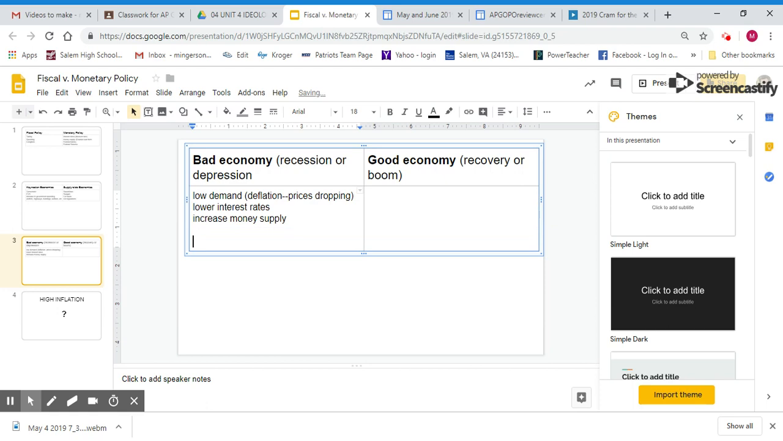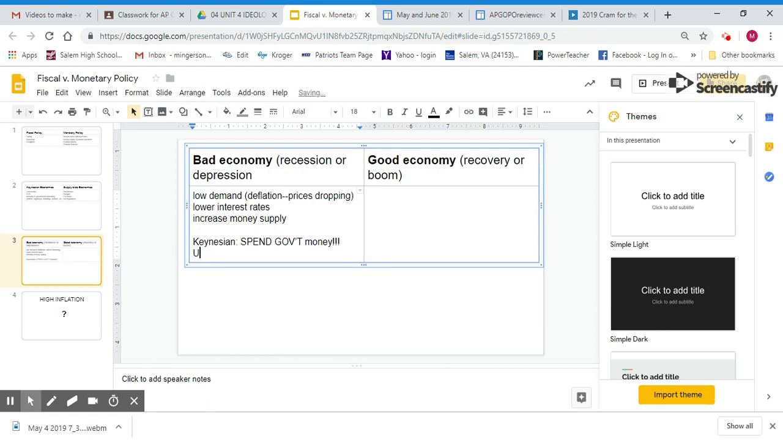Now, further down here, of course, Keynesians in a bad economy are like, whoa, whoa, whoa. We're going to spend government money. Like we are going to increase government spending. So that's what a Keynesian would say. Whereas a supply sider would say, let's cut taxes